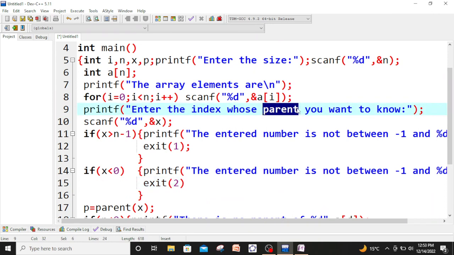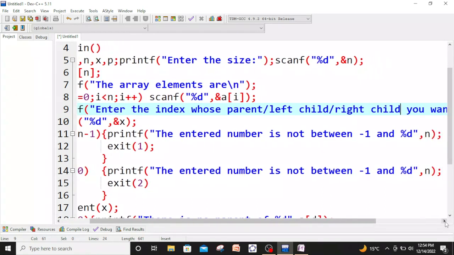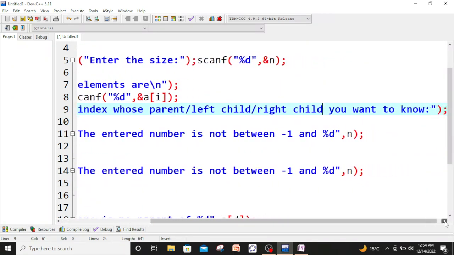I type here parent, oblique, left child, oblique, right child. Okay,